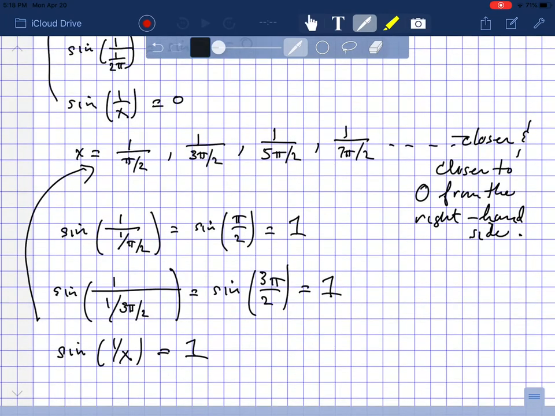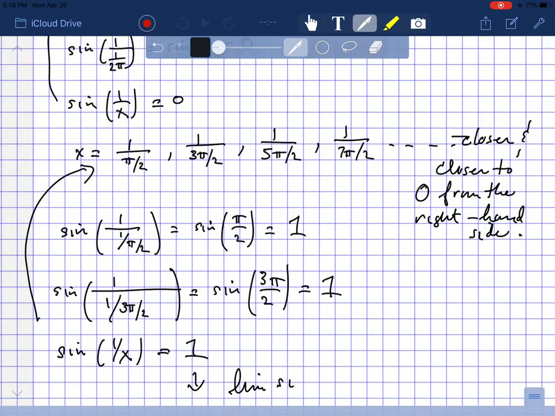Whereas if I look at this sequence of numbers here, which are getting closer and closer to 0 from the right-hand side, then when I evaluate the sine of 1 over x at any of these numbers, I get 1. So I would think my limit should be 1. In this case,